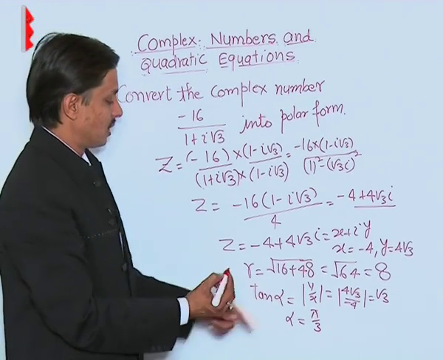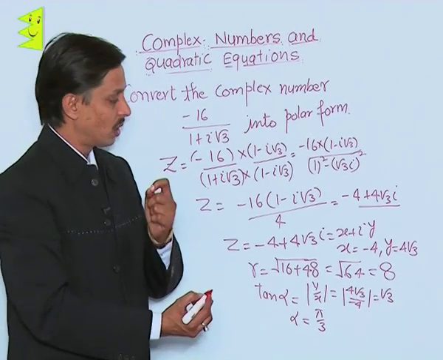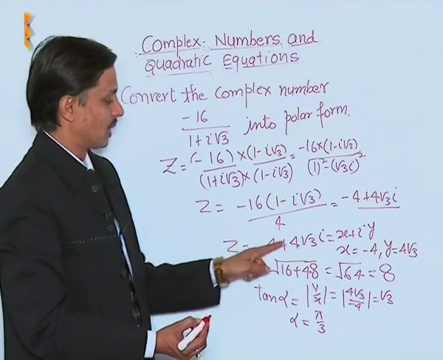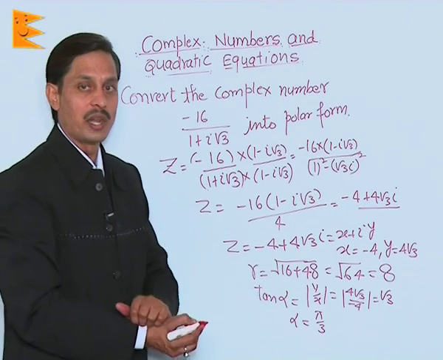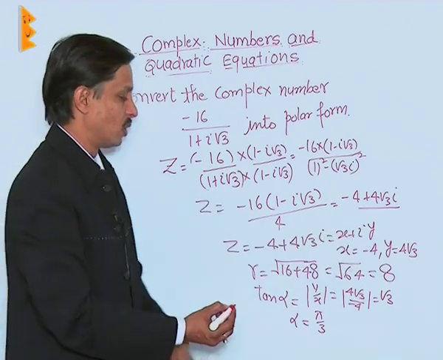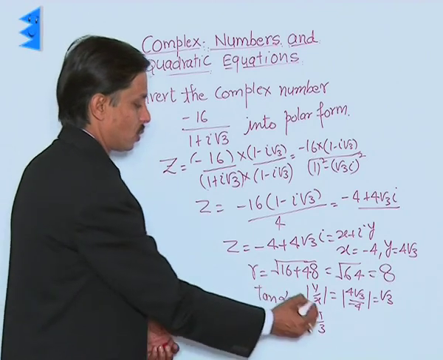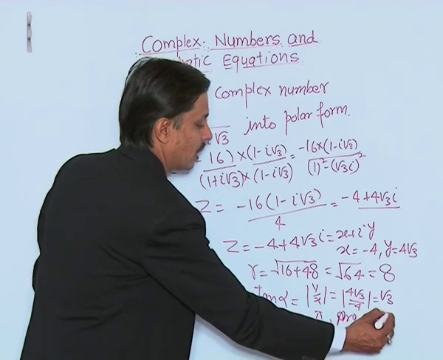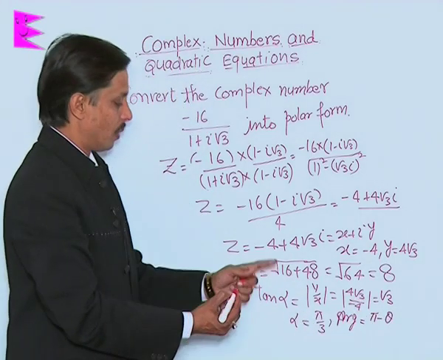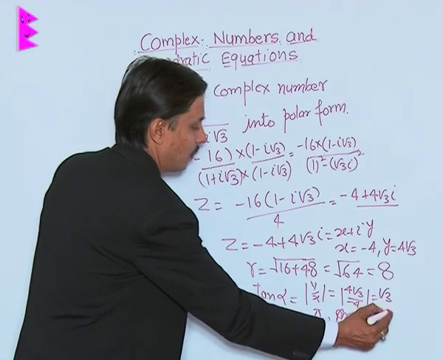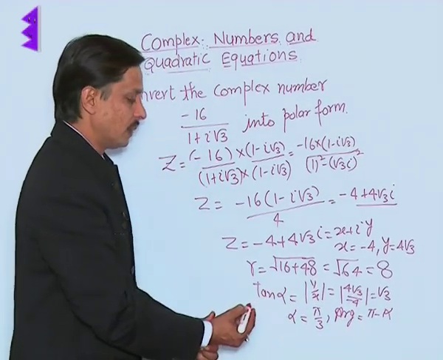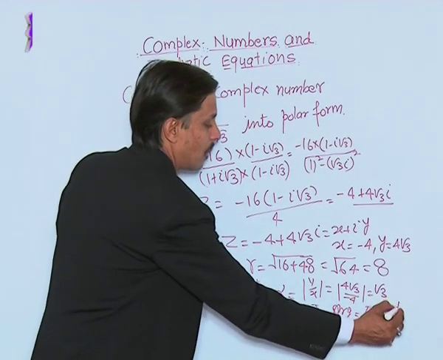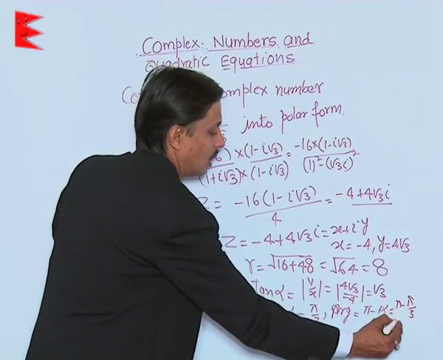Now the important task is, if alpha is pi by 3, we should diagnose in which quadrant this complex number, whose standard form is -4 plus 4 root 3 iota, lies. x is negative, y is positive, so it is in the second quadrant. So I can say its argument will be pi minus theta, because it is in the second quadrant. Pi minus theta, or you can say pi minus alpha. So alpha is pi by 3, so its argument becomes pi minus pi by 3,